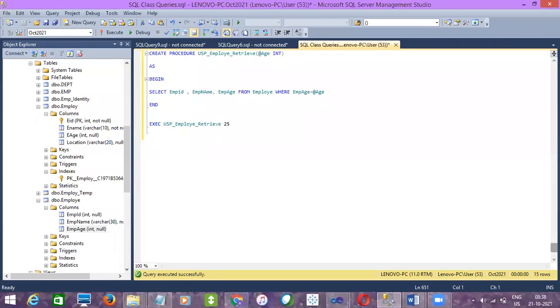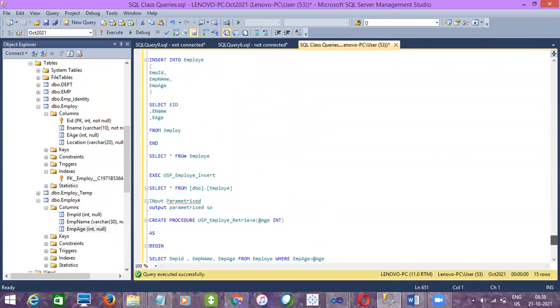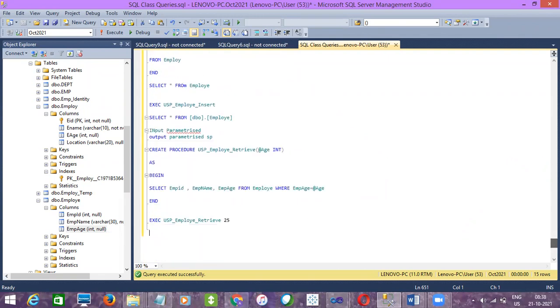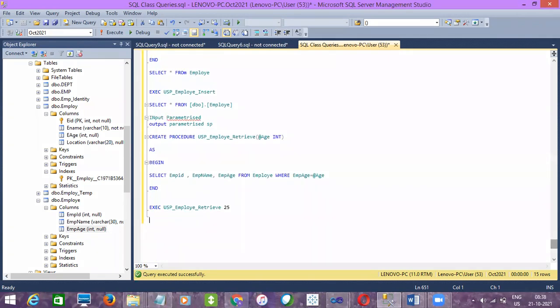Yesterday we had discussed the stored procedure concept, which will insert data into a table, and also it will return a result set from a stored procedure based on the input parameter, right? So we can pass up to 32 input parameters here, but in real time we will not use that many parameters, right? Maybe 2 or 3 max we will use.